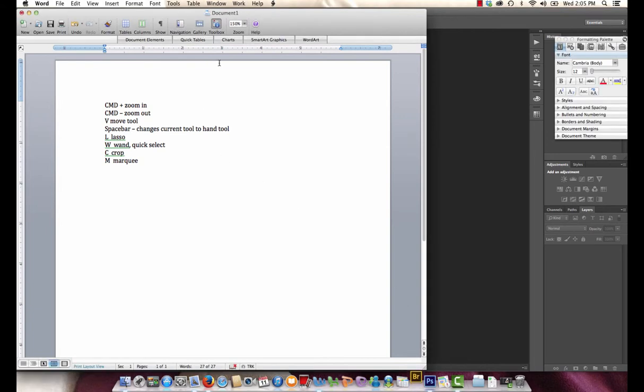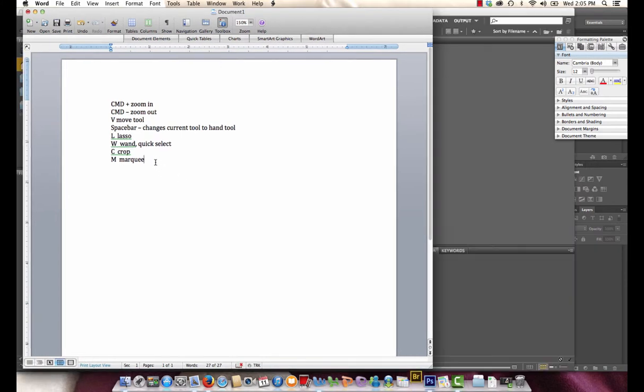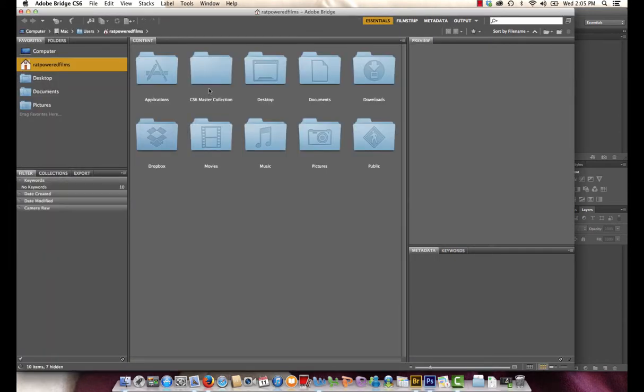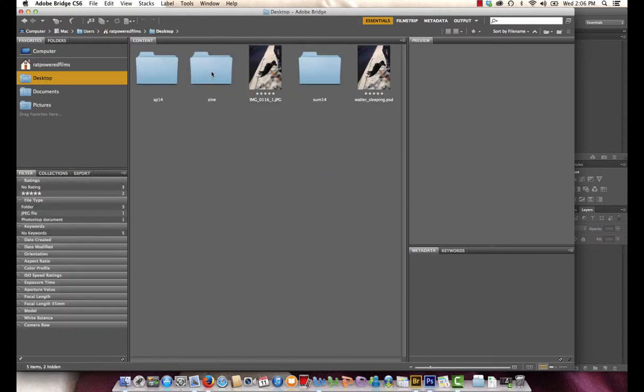Here are some shortcuts. If you want to pause the video and write these down, these are shortcuts that I will be using for this video. Okay, I'm going to click from Word into Bridge, and Bridge lets me navigate to my folder and pick an image. So I'm going to go to my desktop, into Zine,